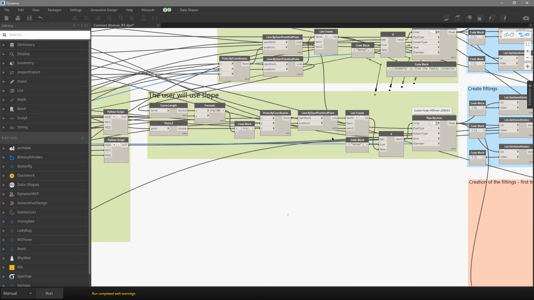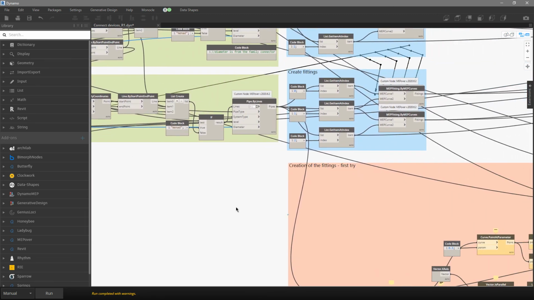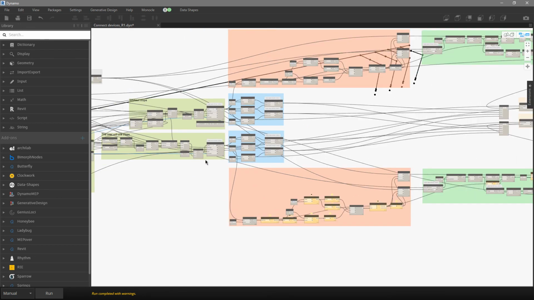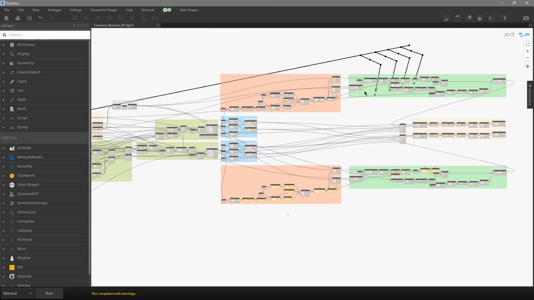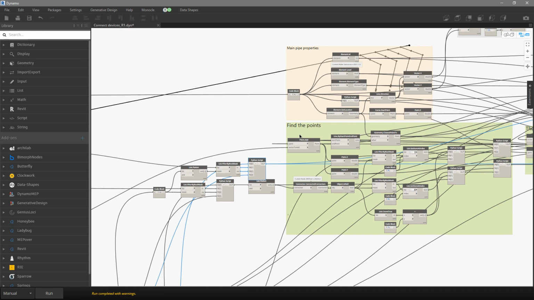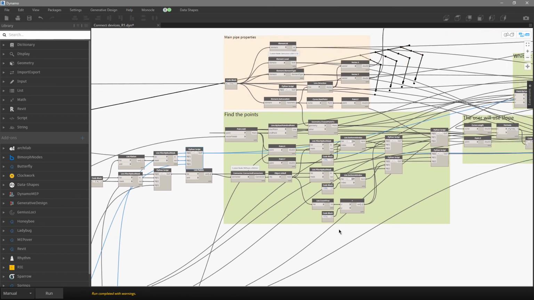Okay, so those are the nodes, and after you create the pipes, either for the pipes which have or which don't have a slope, all other nodes are basically the same. And that is, I think, pretty much it. I did group some of the nodes compared to the previous scripts,